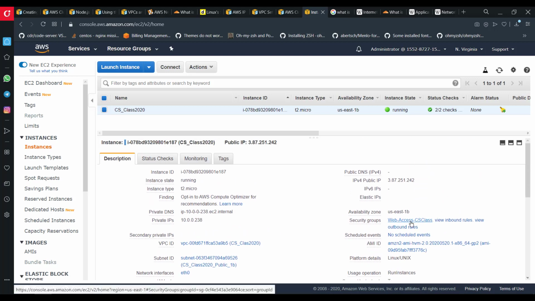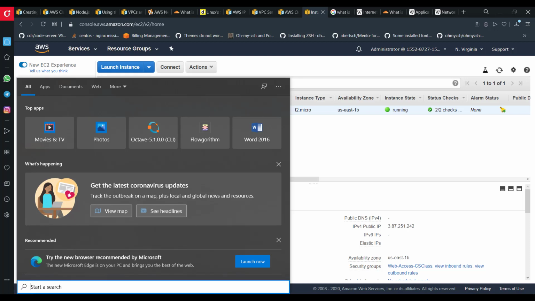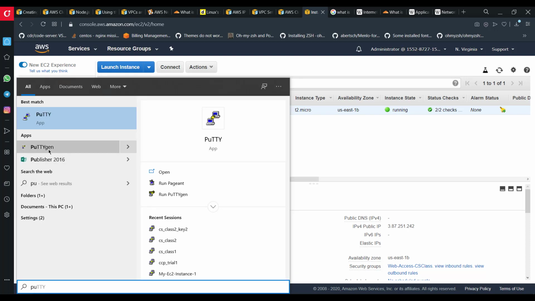This is the security group attached to it. You can view the inbound and the outbound. I've just included the inbound. I don't need currently the outbound and anything. So this is your machine. Now let's try to connect to this instance via SSH since it's running. I have downloaded Putty. Okay, what you would want to do is first open up PuTTYgen, which you can